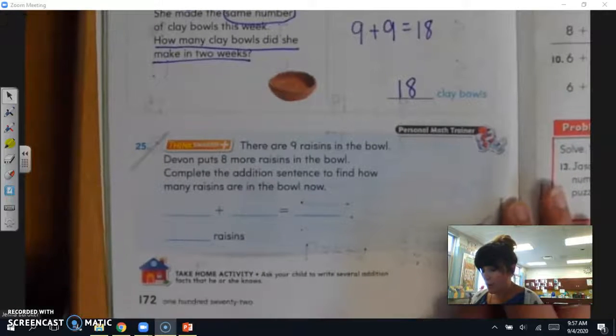There are 9 raisins in the bowl. Devin puts 8 more raisins in the bowl. Complete the addition sentence to find how many raisins are in the bowl now. So there are 9 raisins in the bowl. Devin puts 8 more raisins in the bowl. Complete the addition sentence to find out how many raisins are